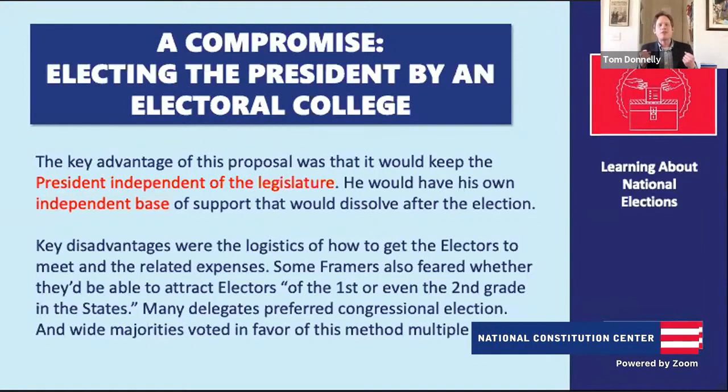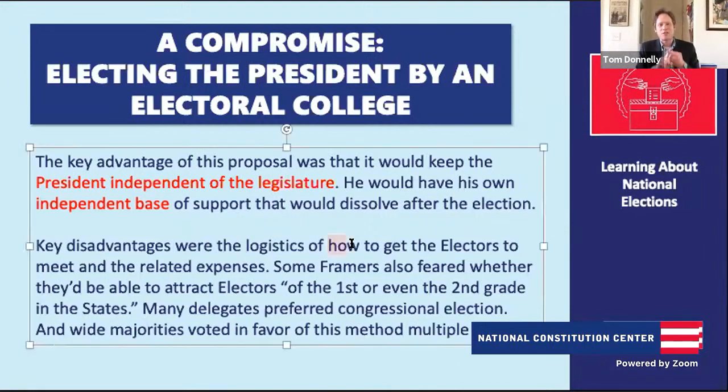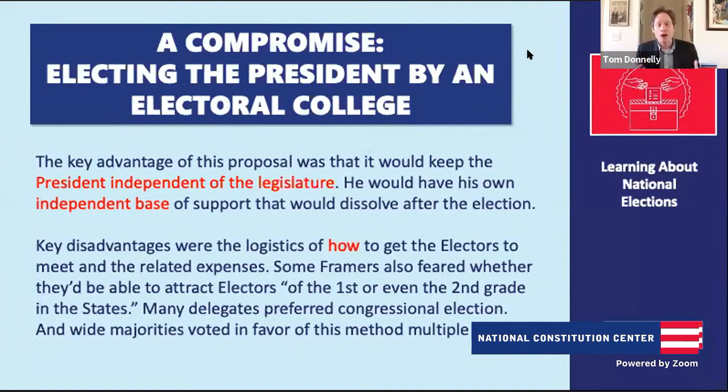But the critics said a couple of different things. One was, how are we going to do this? We're a big country. People don't really leave their towns very much. It's going to be expensive. Seems like it's going to be a really complicated system in a practical sense. And then the other part of it was,